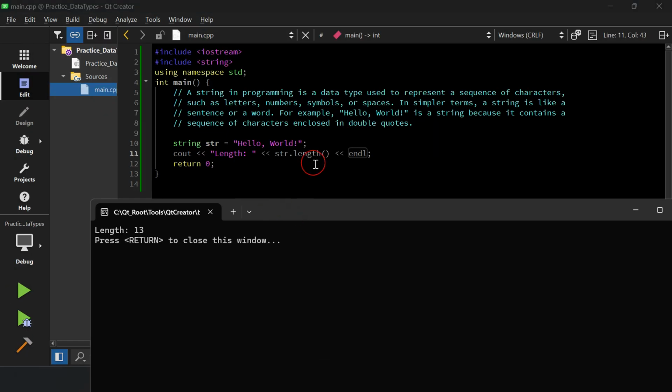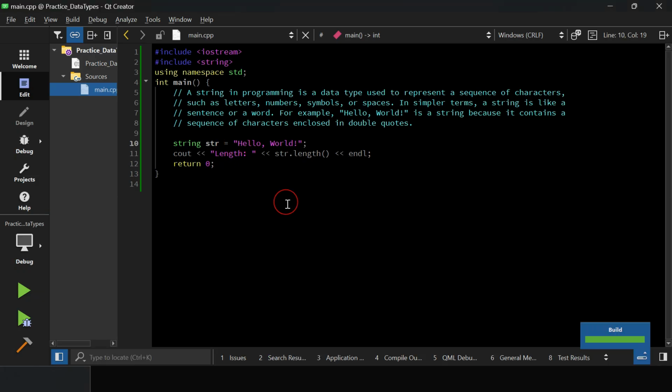So it is saying that the length is 13, but how? This is 1, 2, 3, 4, 5, 6, 7, 8, 9, 10, 11, 12, and then 13. As you see here, everything between these double quotes is counted. Even the space here is counted, even the comma here is counted, even the mark here is counted. Everything that is between these two double quotes is going to be counted as the length